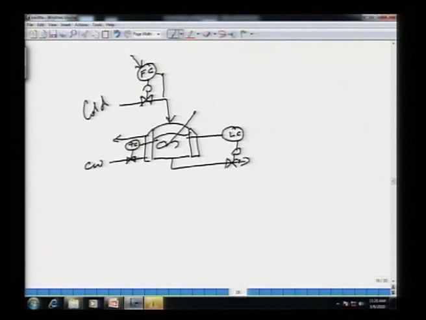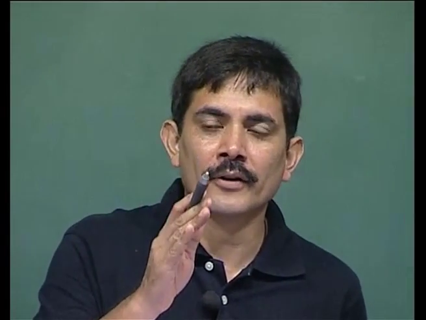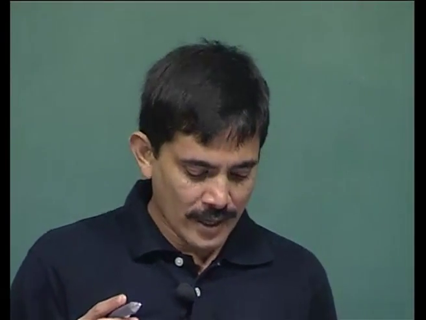The point is, whatever you do in this loop affects this loop, okay. This is what we mean by a multivariable system: what I do here affects not only this, but that and that also. This is what is referred to as a multivariable control system. And just to explain this further, how does a single input single output control system look? Here is my process.